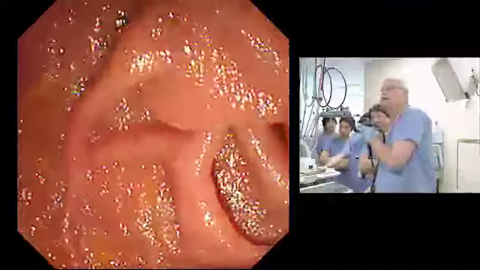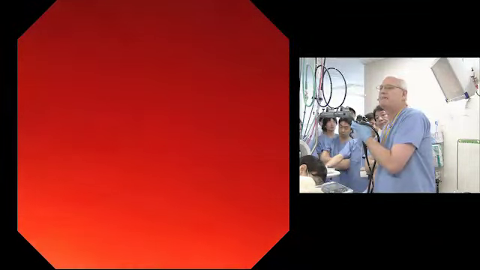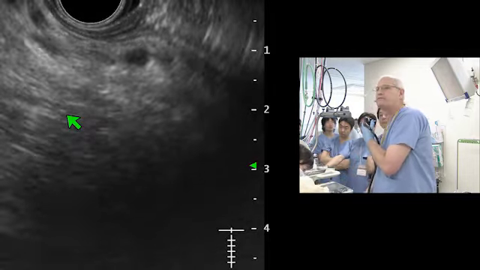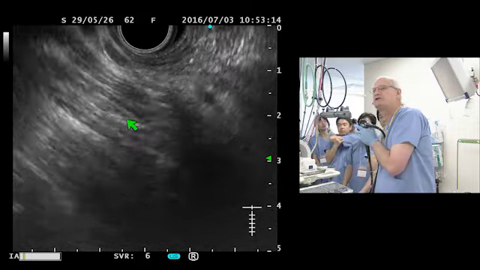So we basically try to make a general image or find the papilla. And I think the papilla is there at the 12 o'clock position. I then come up on my up down. And then if we can go to the ultrasound. Thank you very much. So now from the kissing the papilla position,